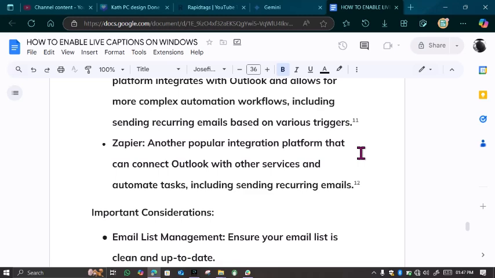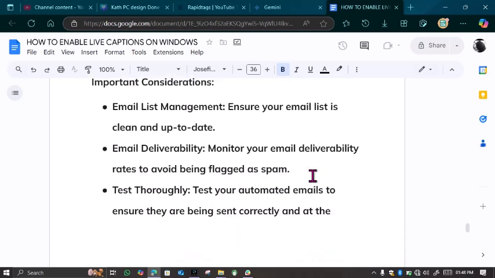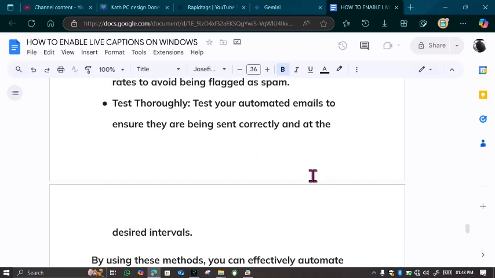Now, there are some things you need to consider very well before you choose any of them. One, ensure your email list is clean and up to date. So you have to have good email list management. Then, email deliverability. Monitor your email deliverability rates to avoid being flagged as spam. Next, you have to test. So you need to test your automated emails to ensure they are being sent correctly and at the scheduled or